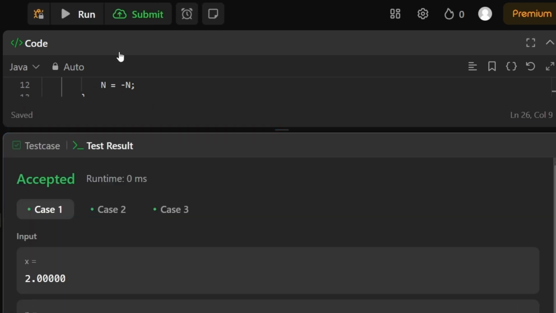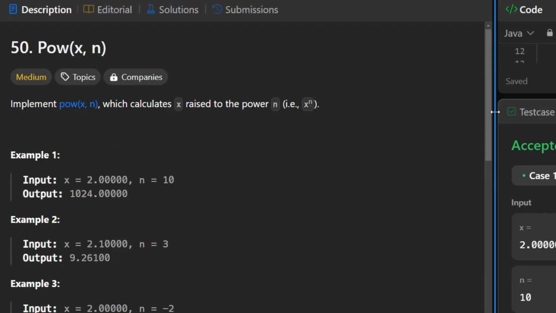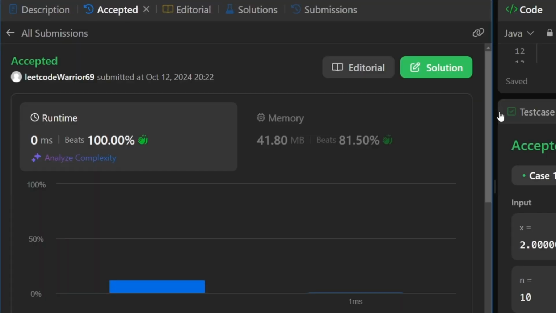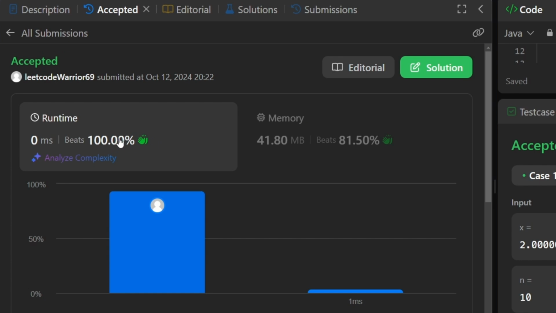Okay, seems like our solution is working as expected. Let's submit this code. And our code beats 100% of all the other solutions, and that is because we are solving this problem in